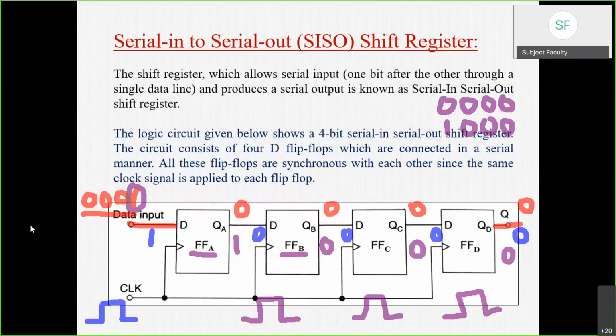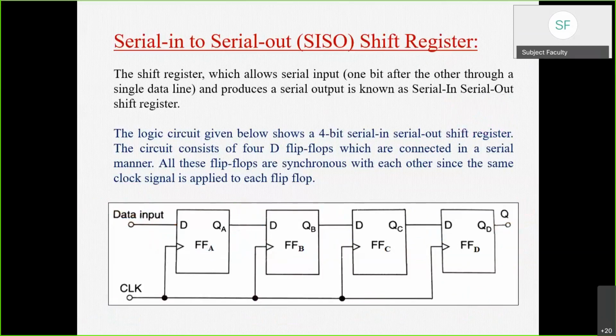Again, now remember which sequence we got. The current sequence is: output of flip-flop A was 1, then 0 0 0. This was our sequence. What was our data input? It was 0 0 0 1. But 1 has been transmitted already. So now 0 will be the input to this flip-flop. So we are sending 0 now. Now at the application of the second clock, what will happen?